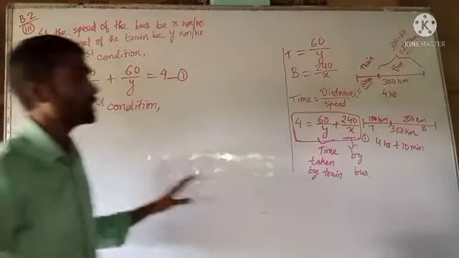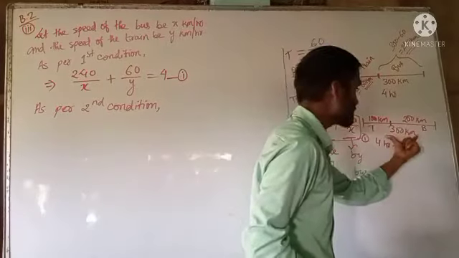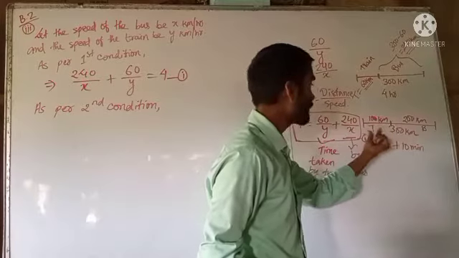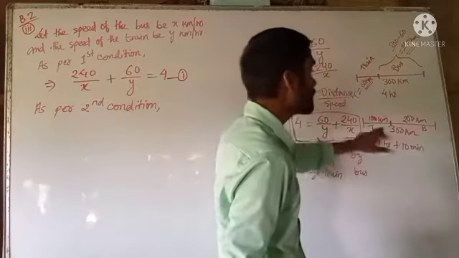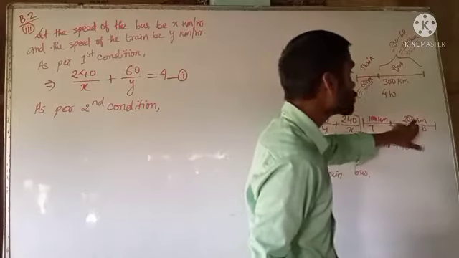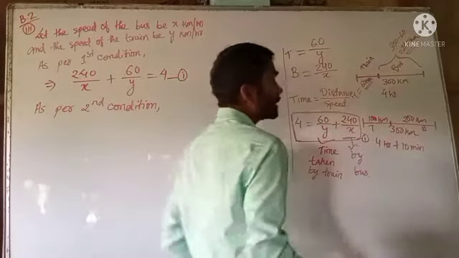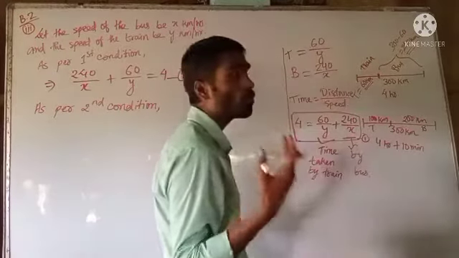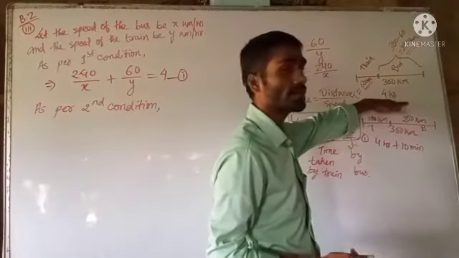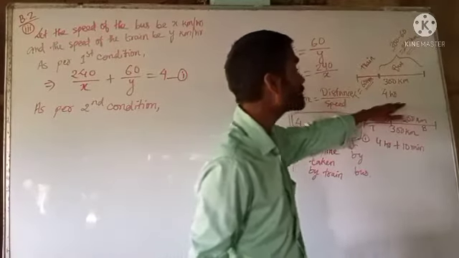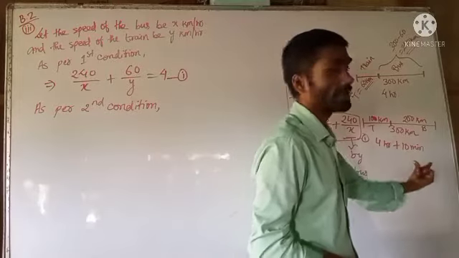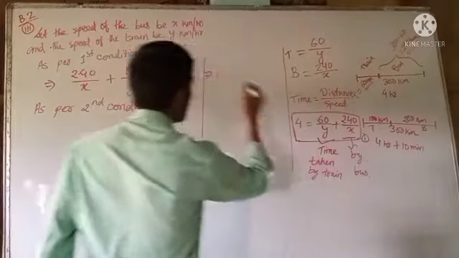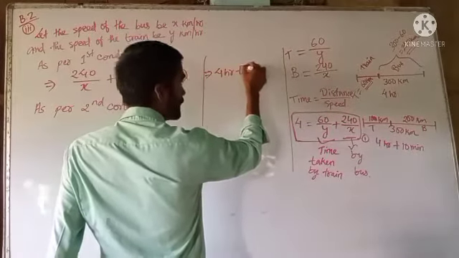Now for equation 2 it is said that she covers the same distance, that is 300 km, but here she is traveling 100 km by train and the remaining by bus. That means she is covering 100 km by train and 200 km by bus. And the time taken here is 4 hours plus 10 minutes. That means 10 minutes more than what she took previously. So here she has taken 4 hours, then here it is 4 hours plus 10 minutes. So for this second condition, it is 4 hours 10 minutes.